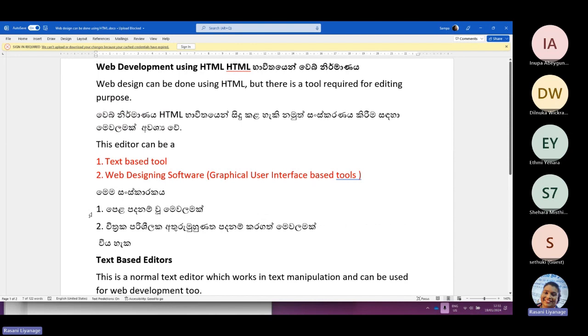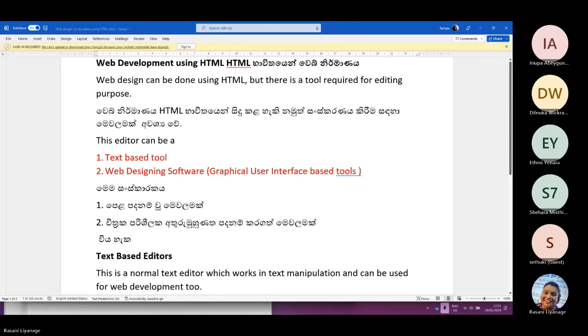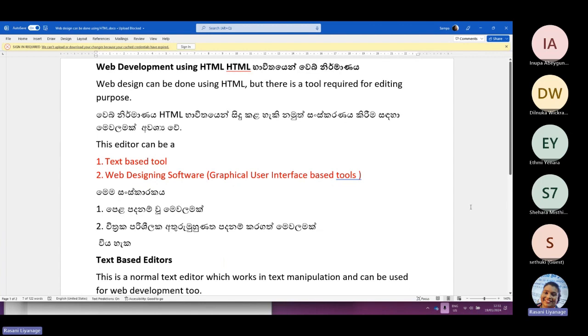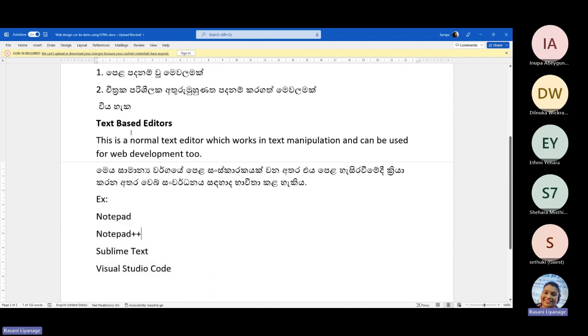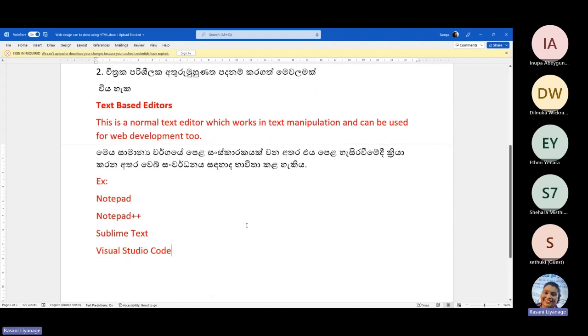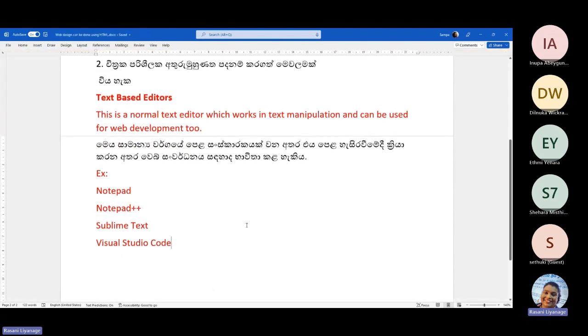Shall we write soon? I'll show the examples again and show you. Start writing. If you have not written these text-based editors and the examples, please write.